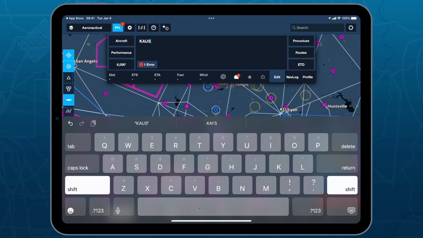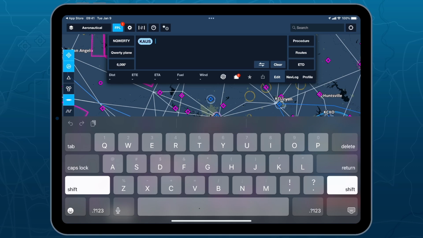And all I have to do is just type in my identifier and then hit the space bar, and there you go. We've got our first point selected. Now there are a few different ways to do this, but if you are typing it in, I want to make sure that you understand that you really need to put that first ICAO identifier in front of